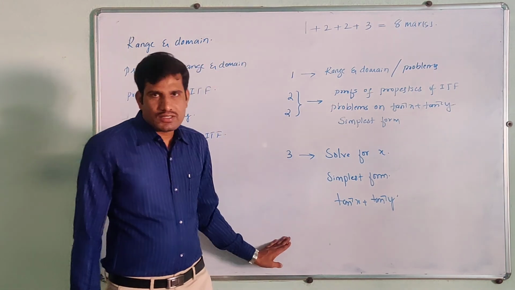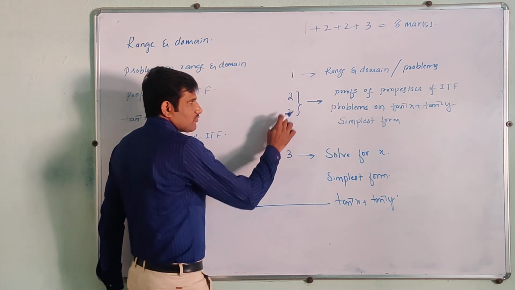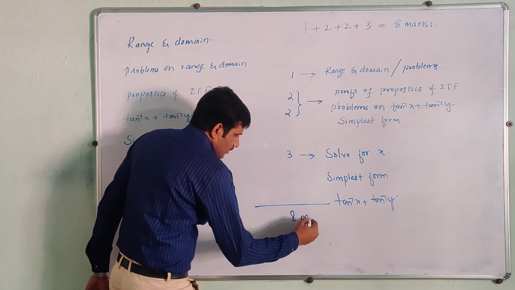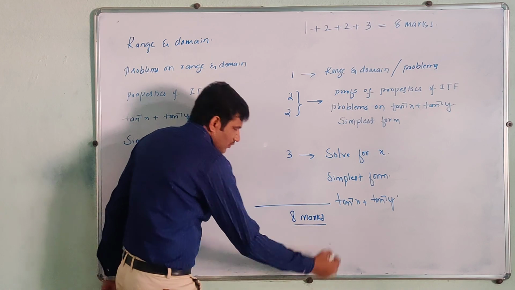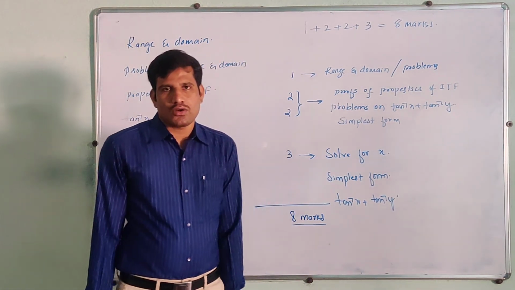So this completes the chapter inverse trigonometric functions. Already told you the weightage is 1 plus 4, 5 plus, that is 8 marks. The 8 marks you will get in the final exams on this chapter, and we can even get 1 or 2 questions in Karnataka CET on the inverse trigonometric functions chapter.